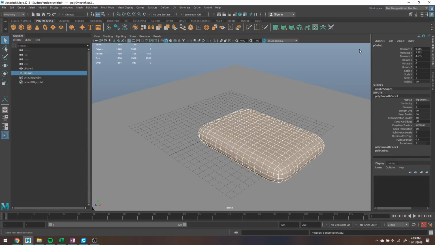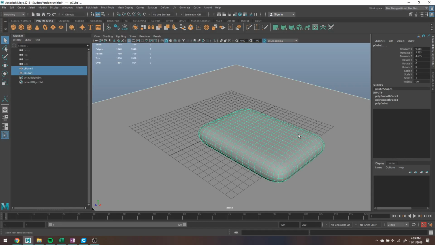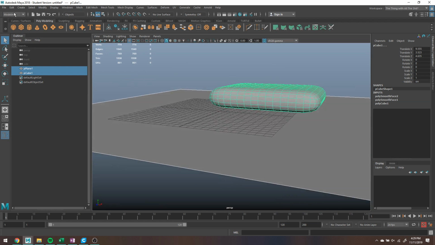I'm not going to sim this super low poly, but this is very inefficient for a game, and once you're happy with the shape, you should totally get rid of some of this extra stuff. So if you go to your FX menu,